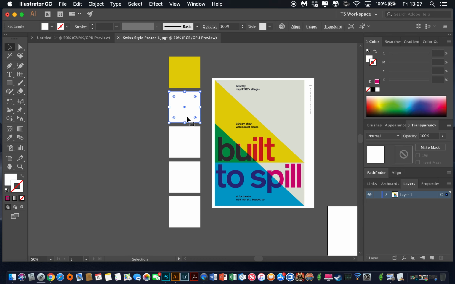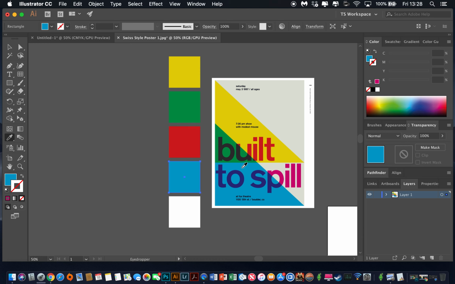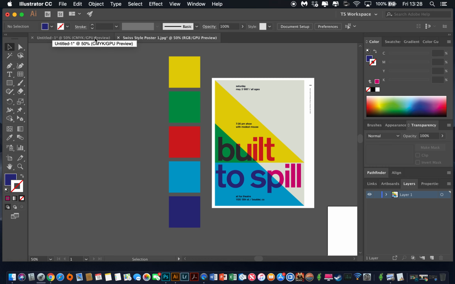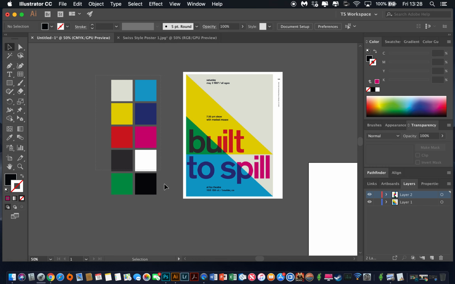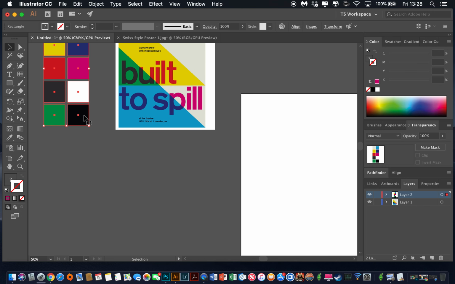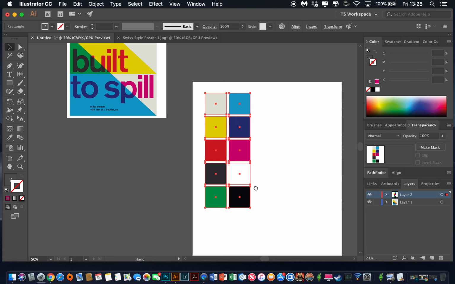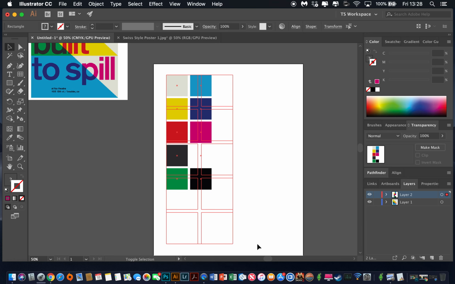Then press V, select the next one, press I, click again, V, select the next color, press I, V, select the next square, press I, V, I, until you've got all the colors you want to select. Then you can arrange them like this, select them all, move them onto your artboard, hold Shift to scale them